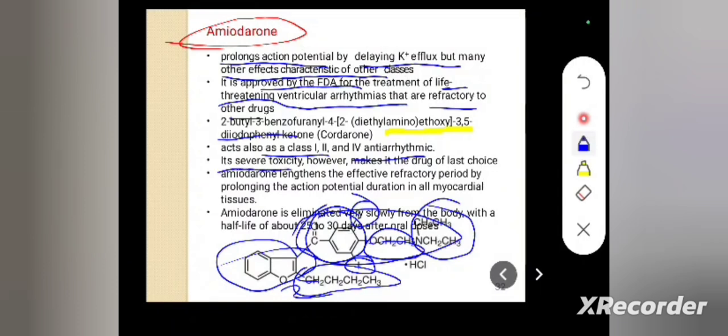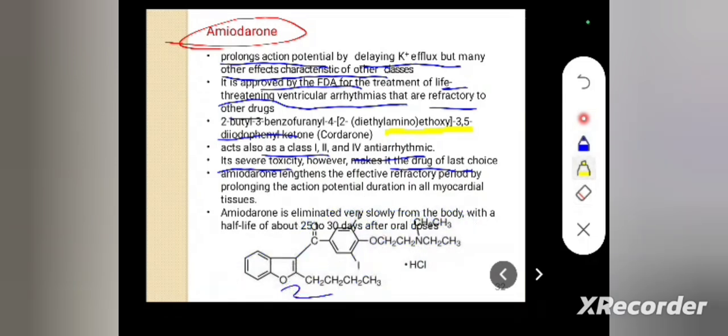Its severe toxicity, however, makes amiodarone the drug of last choice. Because of the severe toxicity of amiodarone, it is the last choice of drug to treat ventricular arrhythmia or arrhythmia caused by different mechanisms. So